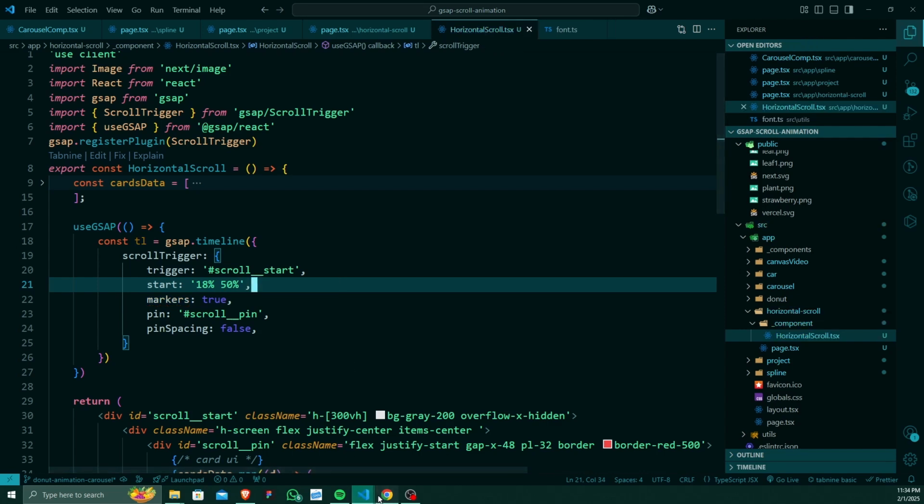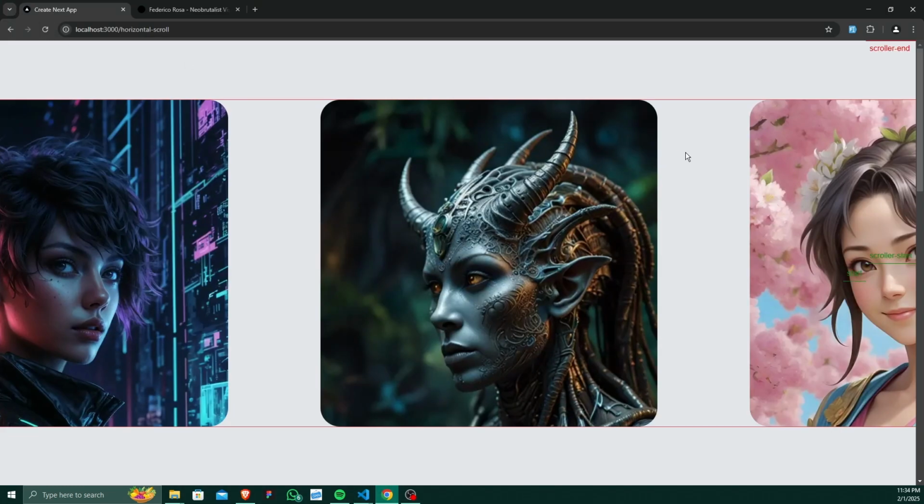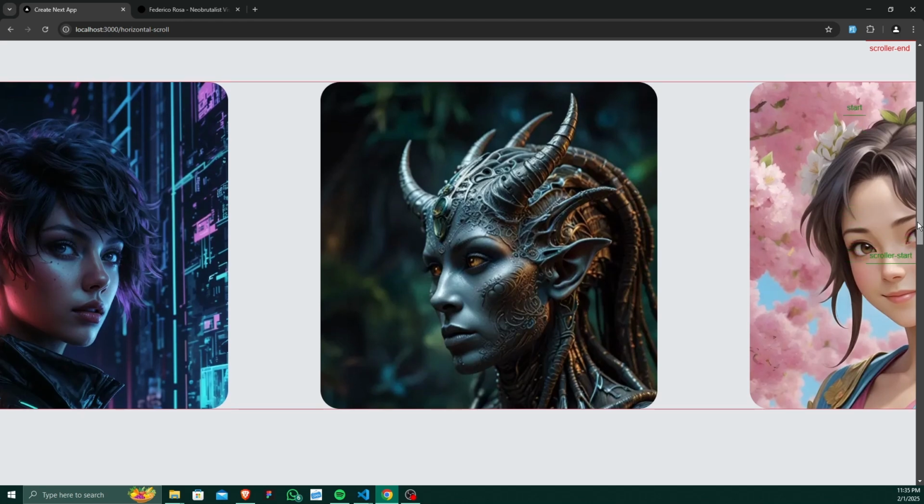Now if I save this, and if I reload the page, as you can see, the start is at 18% from the viewport, and this scroller start is 50% from the viewport. So if this start crosses this scroller start, the animation will run. As you can see, firstly it is getting a little bit of scroll, and when it hits that section it is getting pinned. And the animation will end when this end hits